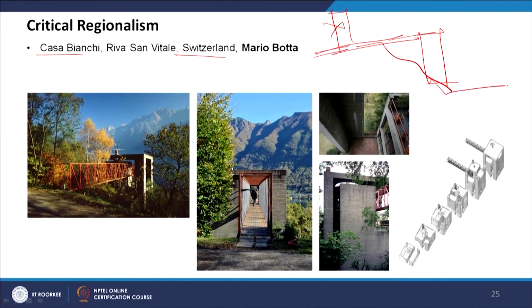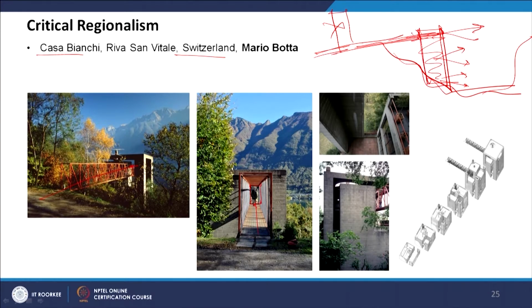The functionality of the building is changed according to the local context. In this building, you enter through this bridge on the top level and start going down, and this is set on this particular terrain. If you go in, you have a clear vista of the terrain, which is visible from this side, and throughout each and every floor you can have different vistas from this beautiful terrain of valley of this design.